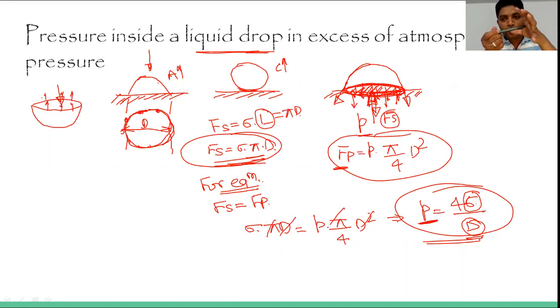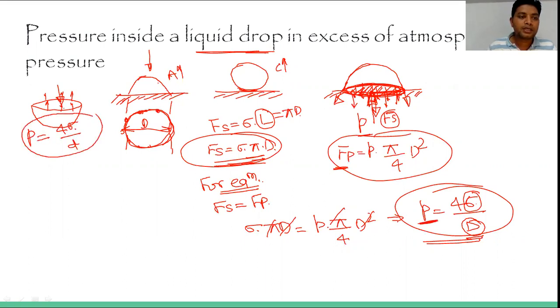It will apply the force like this. It will not be like जितना ऊपर का है वो ऊपर साइड में और जितना नीचे का है उतना नीचे साइड में. This cannot be possible. So the overall force we are taking, similar force will be treated in this direction, that is 4 sigma by D. So in case we are talking about the bubble, then this pressure increases and becomes twice, meaning 4 sigma by D.